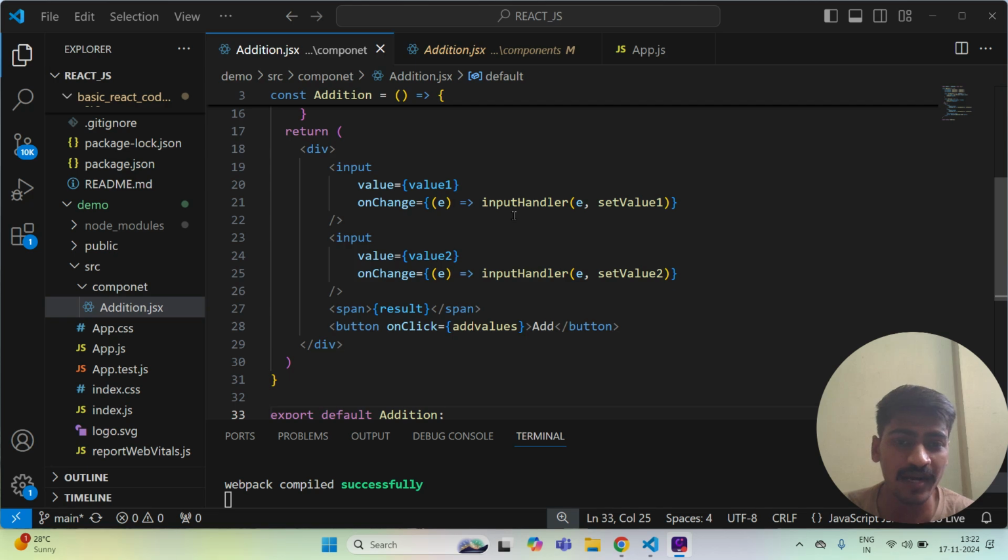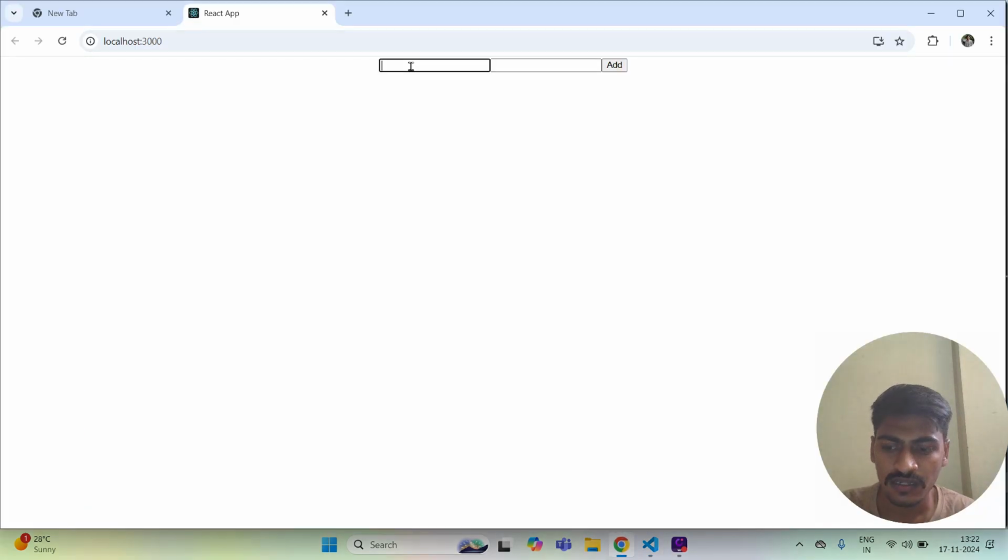With the input handler I am setting that value as a number, and let's see the result. 22 plus 22, now it will be 44. So that's the thing. Guys, it's not that simple to say that it's the addition of two numbers from input fields, 22 plus 22 is 44. It's not happening. By default it takes a string, and string concatenation happens. So you need to do all these things.